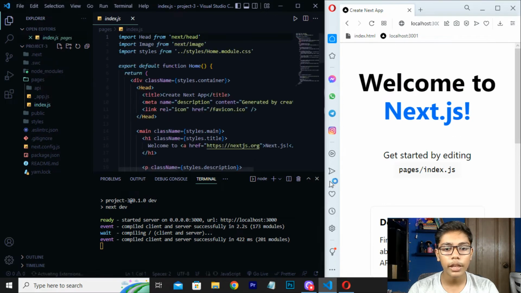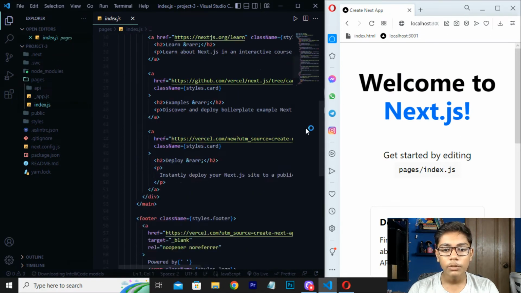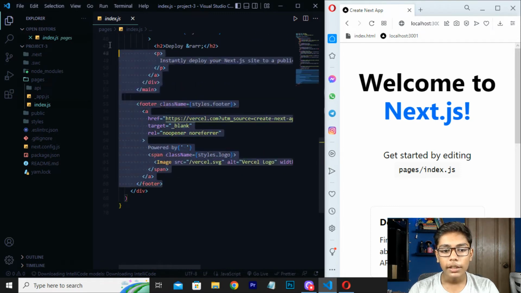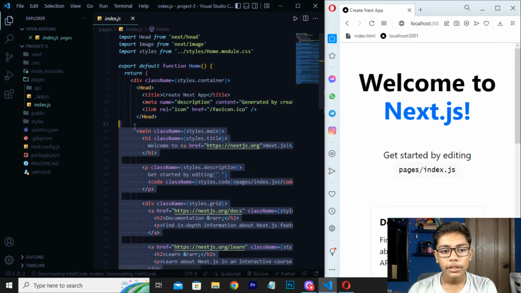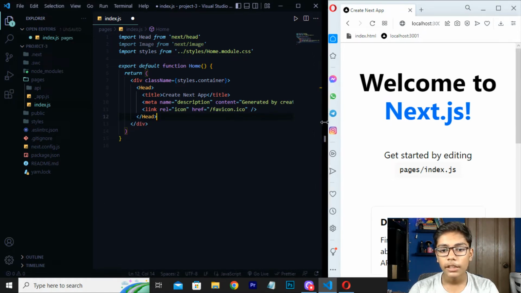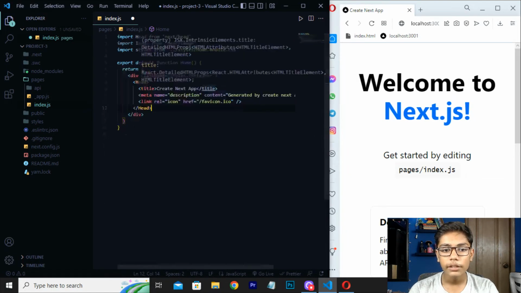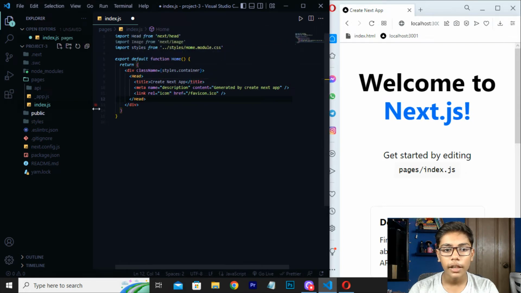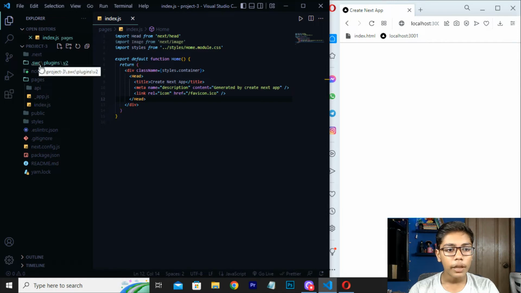Now we have to remove these things. I'll go to Next.js. Then you have to move down, and I will erase all the things written in this div. So erase this, but do not erase this head tag which is written here. Just erase everything underneath it in the head tag. Now when you have erased these things, you can see we are getting this result. Now I will be moving here